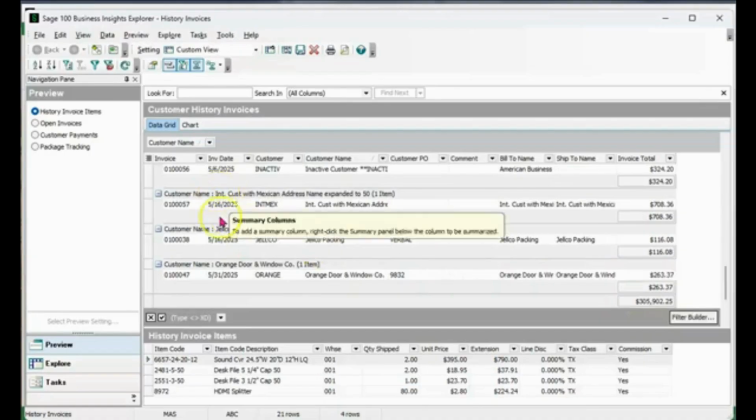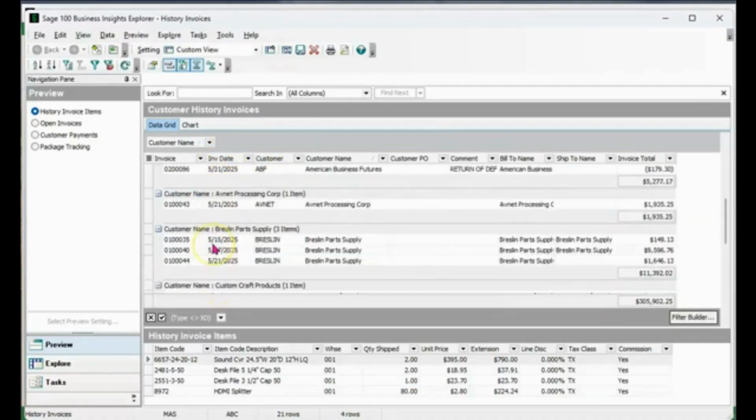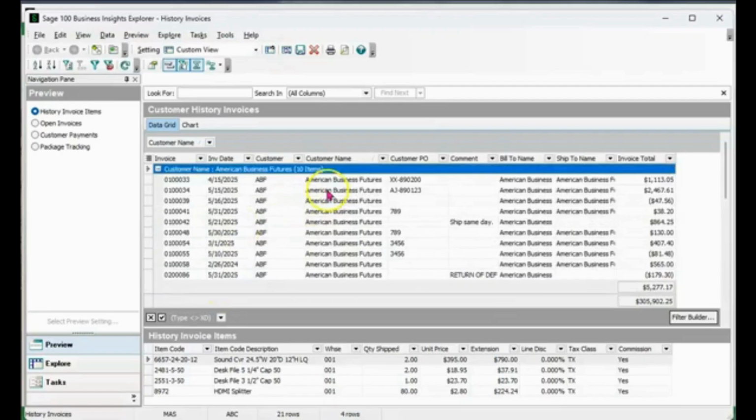So you could run this report or gather this data based on invoice dates. You can do it by customer. You can pull in the ship to and see, here's the ship to over here. So if it went to a different ship to or a different ship to state, and you wanted to group the information to evaluate how many sales you had in a specific state, this is a great tool for quickly and easily filtering on that data.